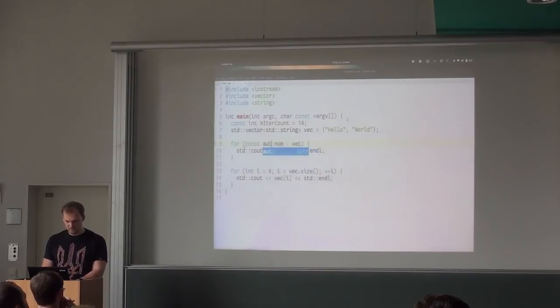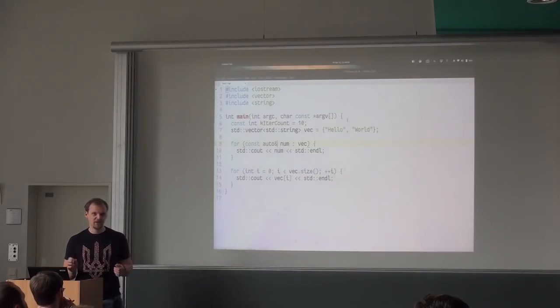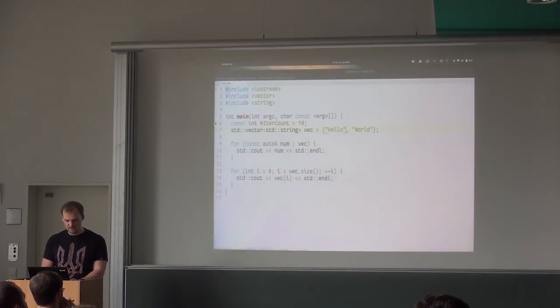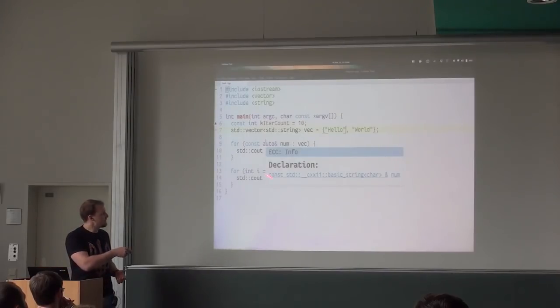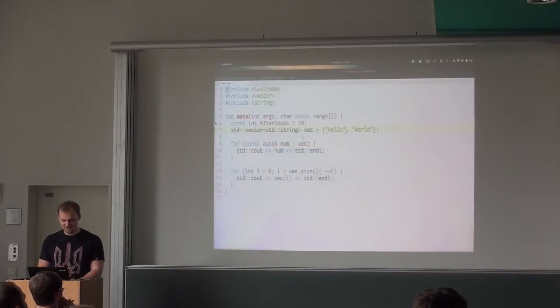But what we can do is we can also use const auto reference. So auto will find out that we actually want a string, and in this case it will actually be a string, but it's going to be a constant reference to a string. Ignore the way it represents a string. It's just a string. So everything that has a word string in it is a string.